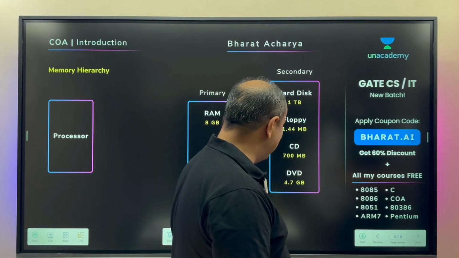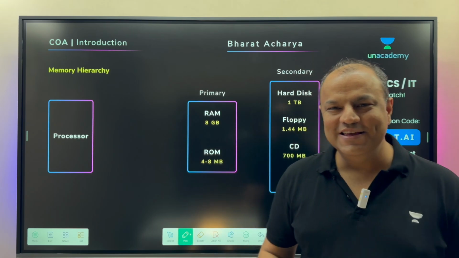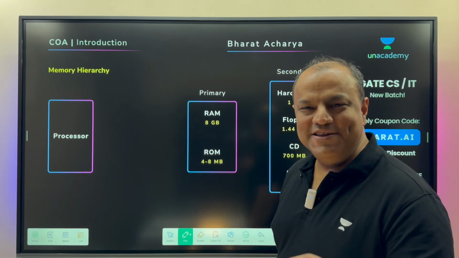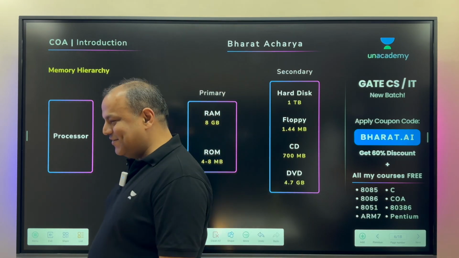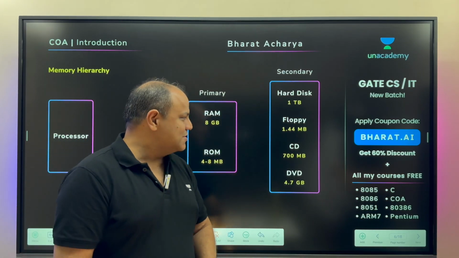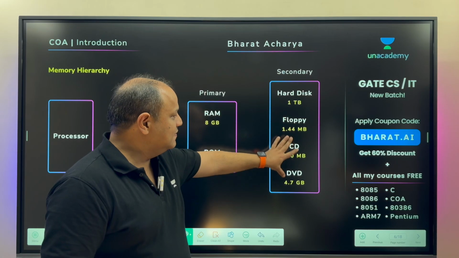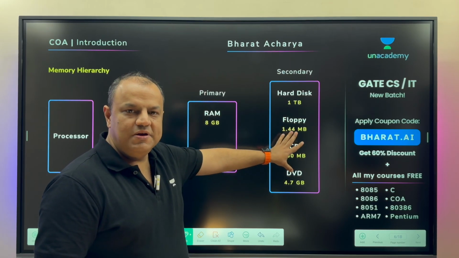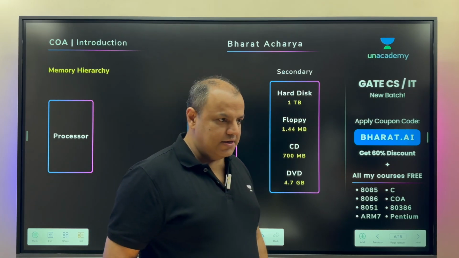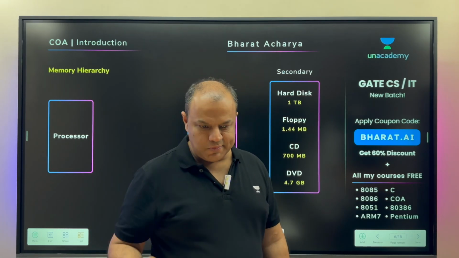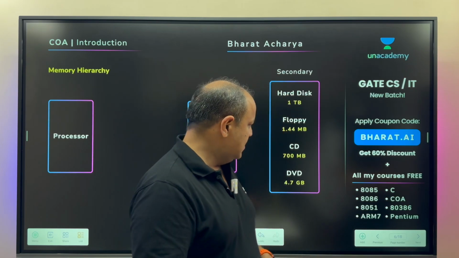So now, answer. Are all these memories required? Is each one of them playing a specific role in your computer? That's why they are all there. You can't replace them. Yes, what you can do is change the medium. These are, like I said, portable memories. They can be changed today by a pen drive, which again is changed by cloud, which tomorrow will be some or the other system, but basically related to the cloud.